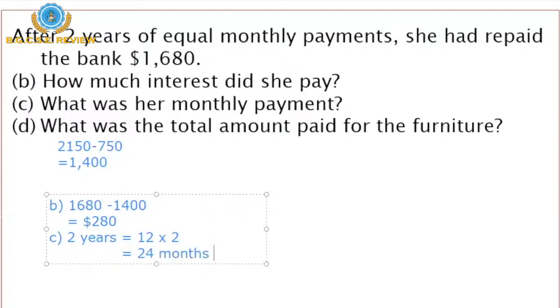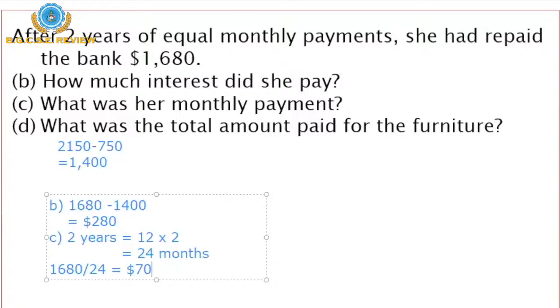So she had been paying this amount, however much it is, for 24 months. So we're going to find out. And so she paid $1,680 equally over the 24 months. So I'm going to do $1,680 divided by 24. And when I divide that out, my answer is going to be $70. So we know that for each month, for 24 months, she paid $70 until she had finished paying off her